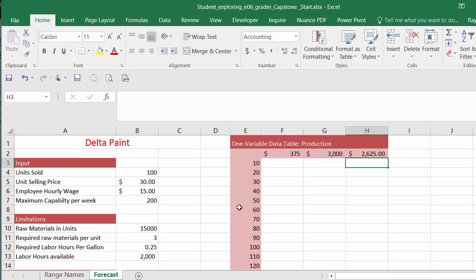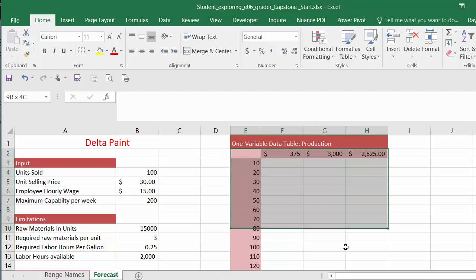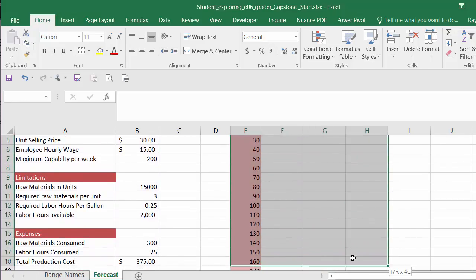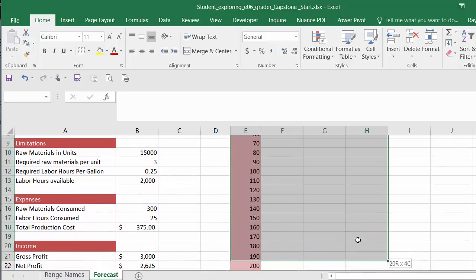Alright, so now we're going to move on to step 8. Complete the one variable data table in the range using cell B4. B4 is this cell. That's what we're substituting all these values into. And then we're going to format it according to accounting number format with 2 decimal places. So you always have to start with this intersecting cell of your rows and columns that you want. Highlight that, and you highlight all of your